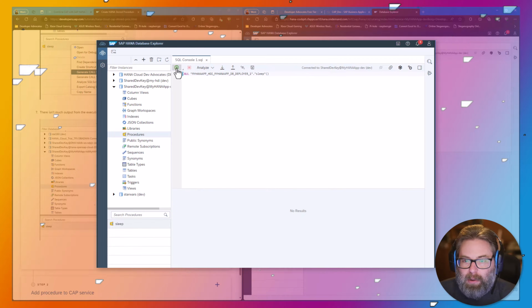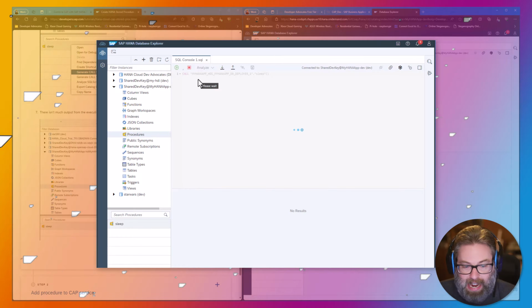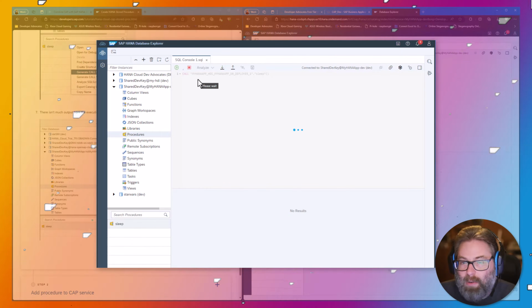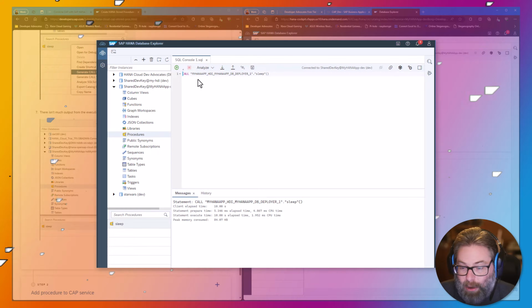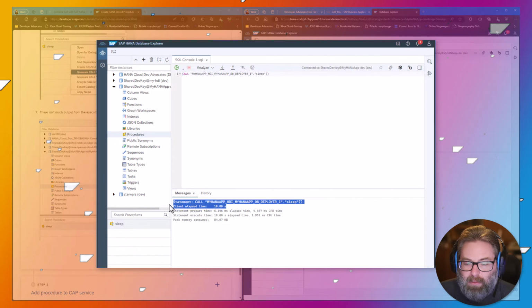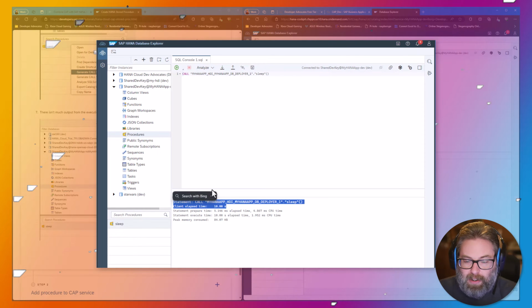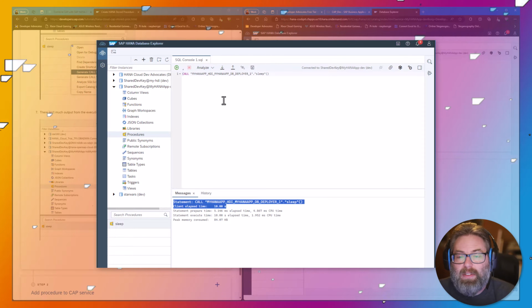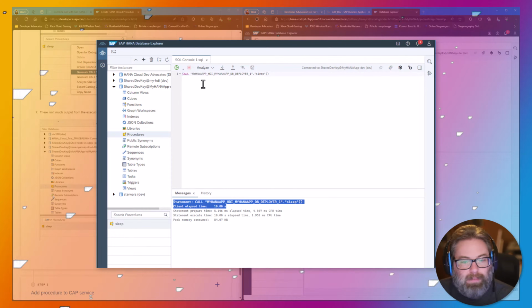Now, like I said, the way we're going to know this works is when I execute this, it does not come back immediately. In fact, it should take 10 seconds for it to come back, because that's how long we put the procedure to sleep. So obviously a sleep function is useful if you need to wait for something else to happen in parallel. But in this case, it just makes it real easy to verify that we're definitely executing this, and it will become apparent once we integrate this into our OData service that is working. And we see that it took exactly 10 seconds to run. There's nothing else going on in the stored procedure. So basically the sleep with very little overhead.